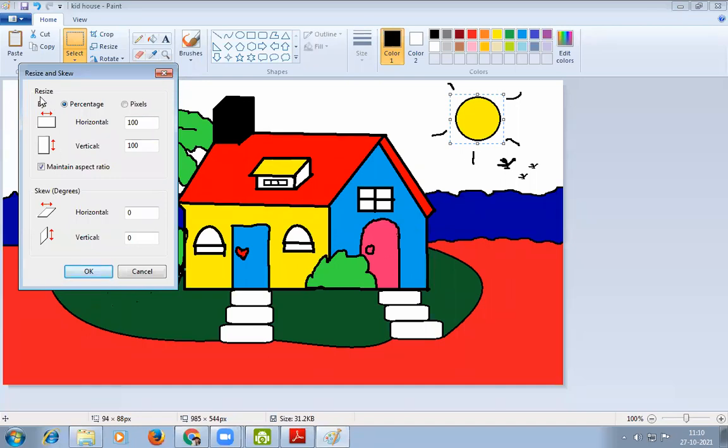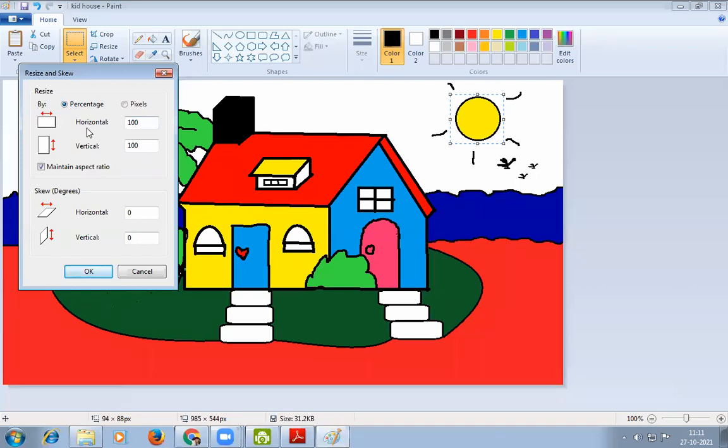There are also two options given under this popped dialog box. First one is resize by percentage. Second one is resize by pixel. You can clearly see that the percentage option is selected here. You can also select the pixel option. So first one is percentage, second one is pixel. Right now we are going to deal with the percentage related thing. So how to change the size of an image by percentage?